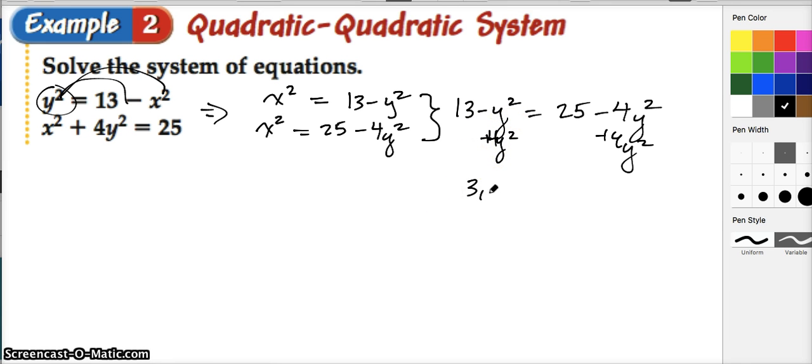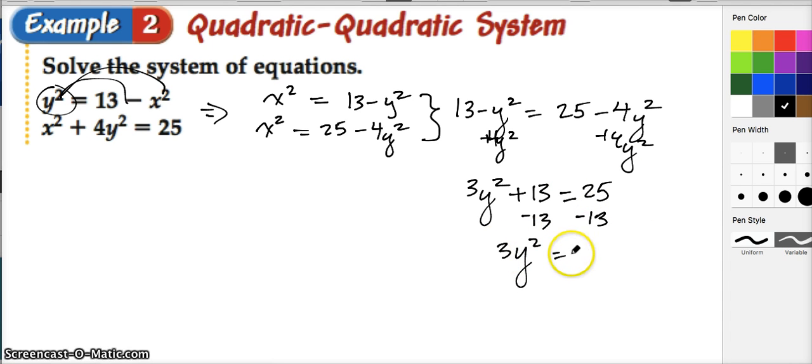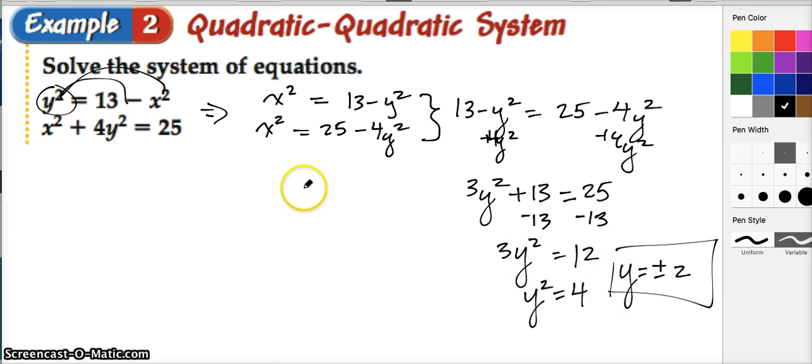And I end up with 3y squared plus 13 is equal to 25. And I'm going to think about this. What would be the best thing to do? Well, since this is the only variable term, I'm actually going to isolate the y squared term instead of treating this like a quadratic where we factor. So watch, I'm going to subtract 13 on both sides. When I do that, I'm left with 3y squared is equal to 12. Divide both sides by 3, and I get y squared is equal to 4. Clearly, y could be equal to plus or minus 2. So I've got my two values for y,